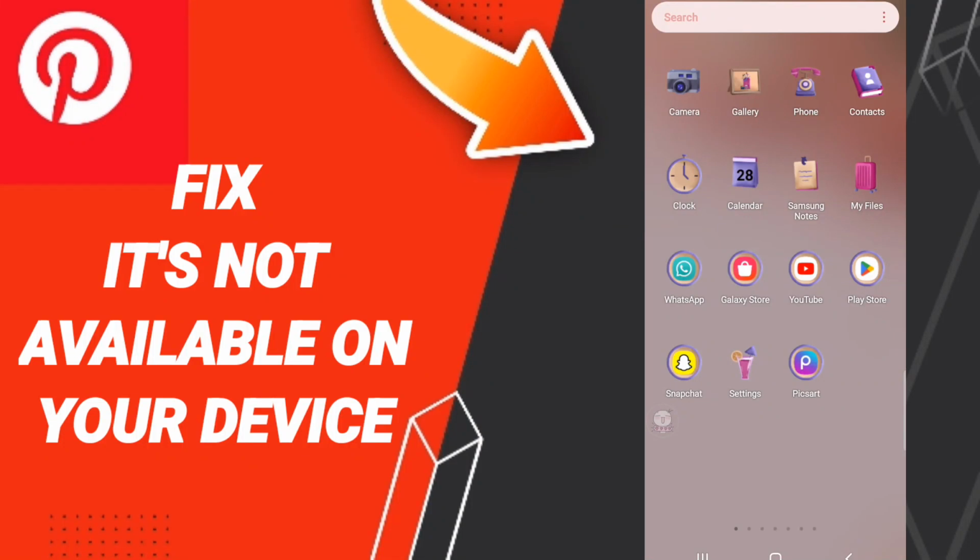Hello everybody, today we'll talk about how to fix Pinterest, it's not available on your device. To know how to fix Pinterest, it's not available on your device,